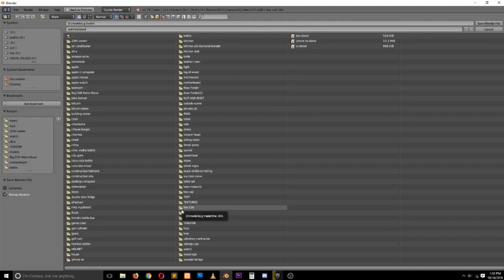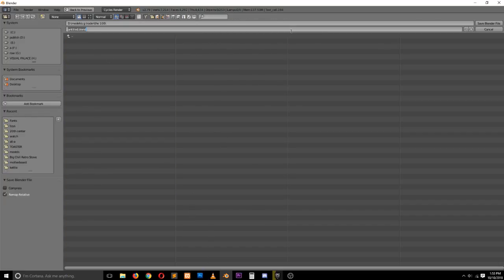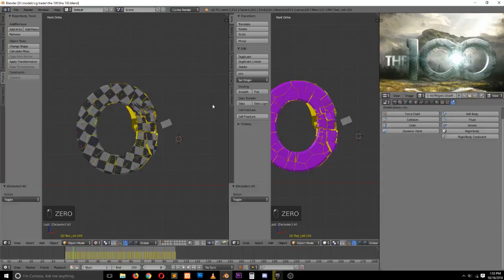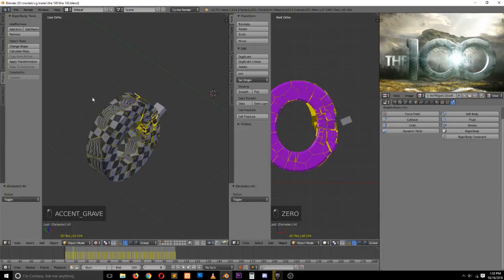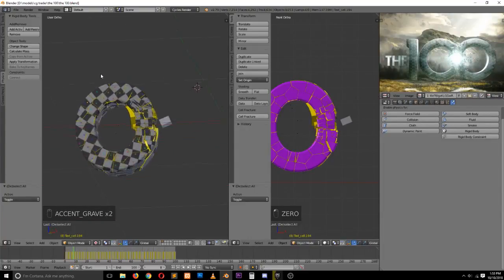Yes, I am using cell fracture. And let me first save here and I show you what I'm doing. So the 100. Yeah, so I'm using cell fracture, and what I did,